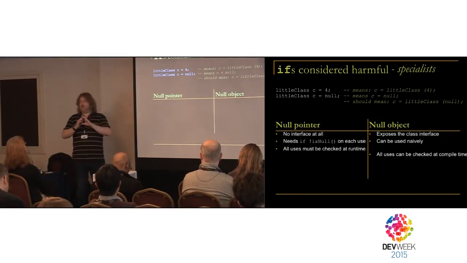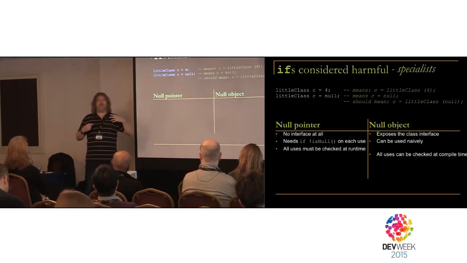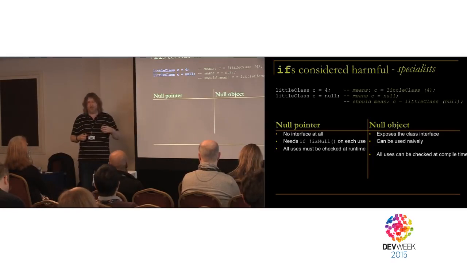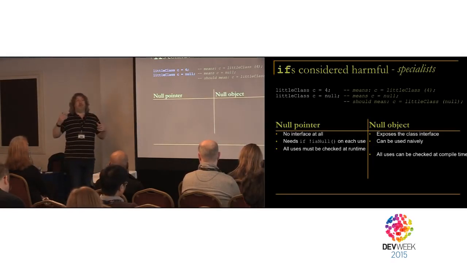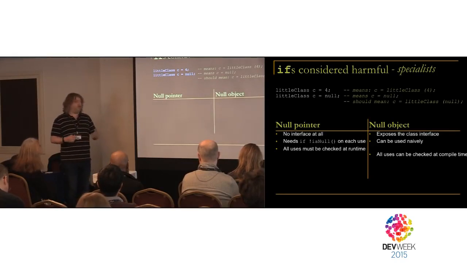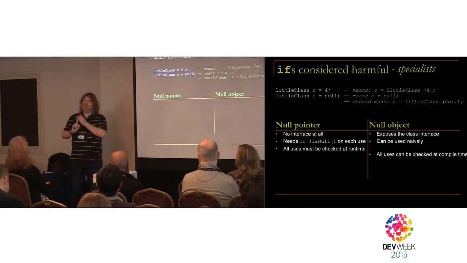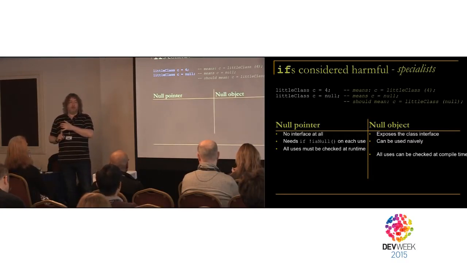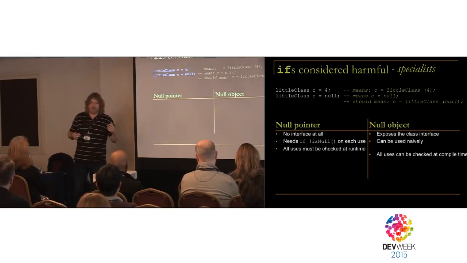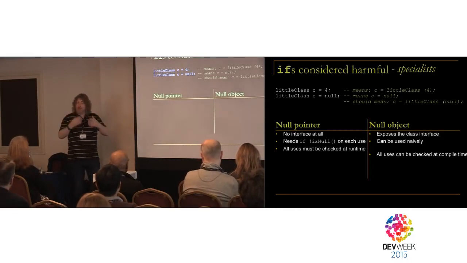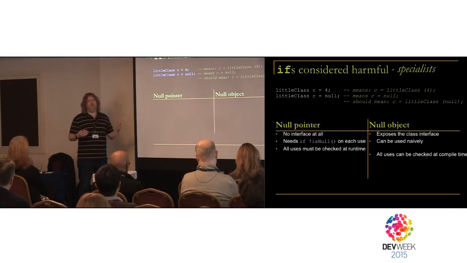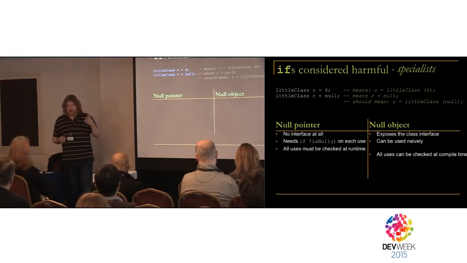And a null object can be as trivial as you want it to be. In fact, I've got another talk where I explain what the theory behind these null objects would be. But the fundamental thing is that they should be only enough to allow the rest of the program to work. So things like /dev/null are an ideal example of a null object. It has all of the interface that a file or a stream does. It just eats everything, or it produces an end of stream right at the beginning. So you can treat it as a file, you can treat it as a stream, but it's not a stream. It's a null, okay?